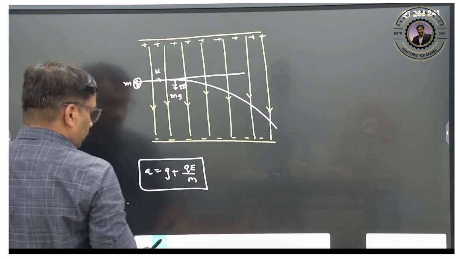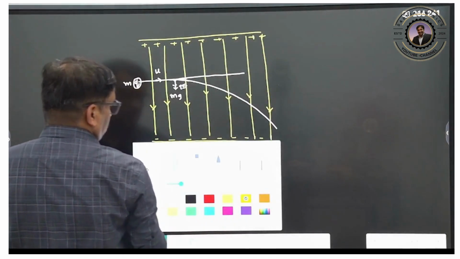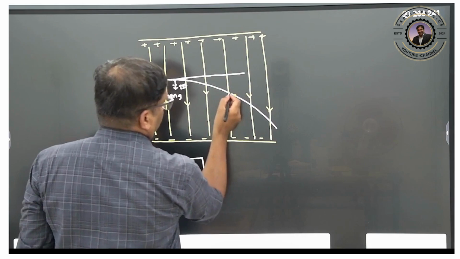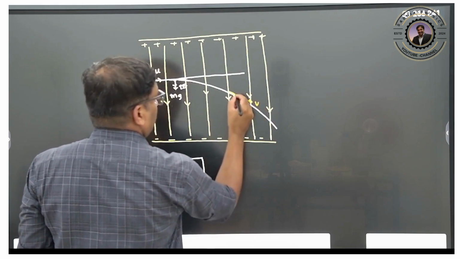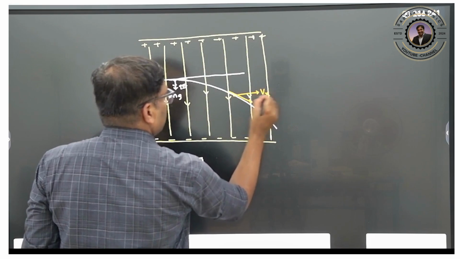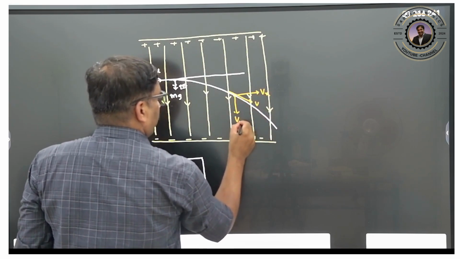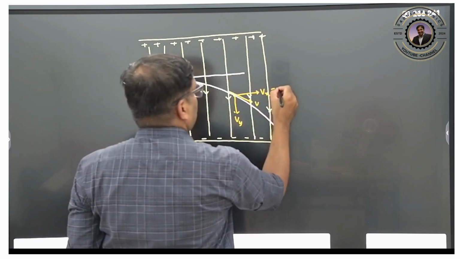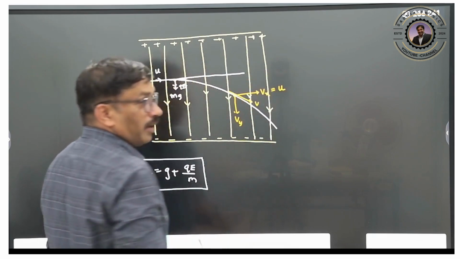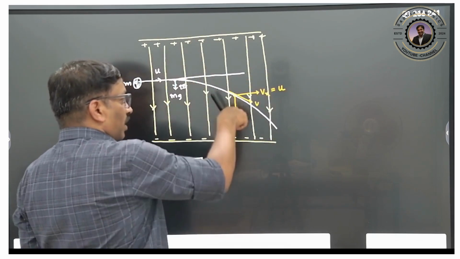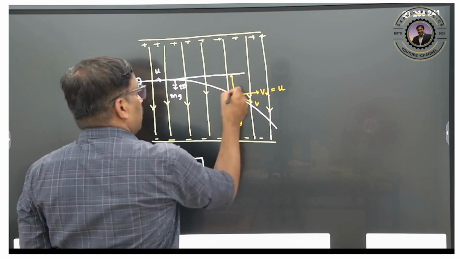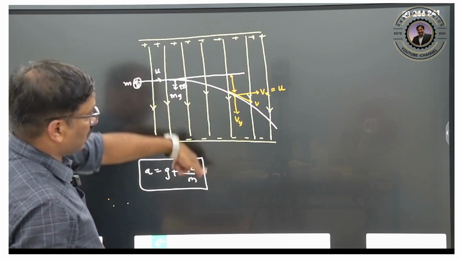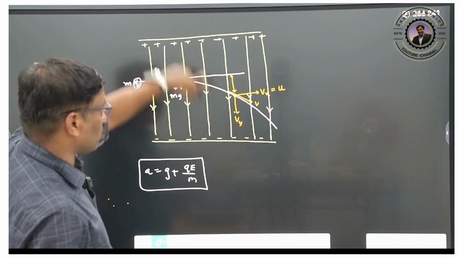Clear? Horizontal projection, you know it. If you want to calculate the velocity, you need to draw a tangent here. This is your velocity, so this side it will be vx and this side it will be vy. Horizontally there are no other forces acting, so horizontal velocity is nothing but u only. But downward force is there, so the downward velocity changes because of this downward force. Initially the velocity along the downward direction is 0, but it is going with an acceleration,